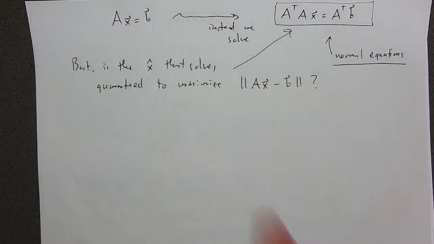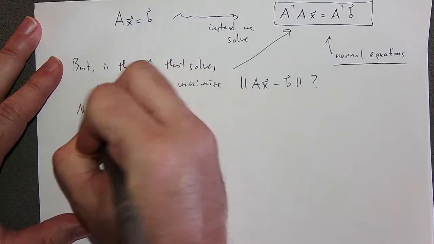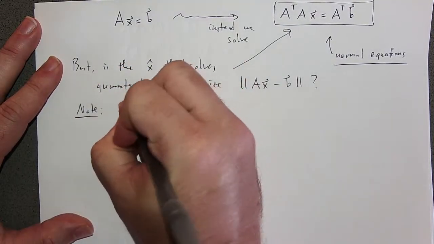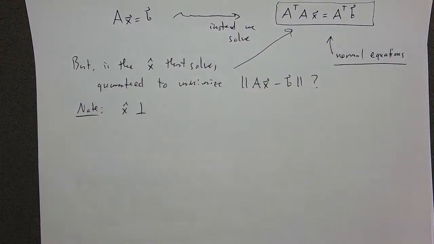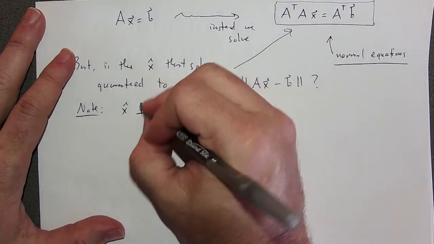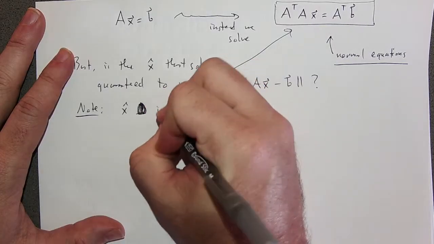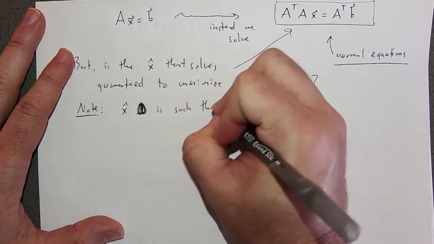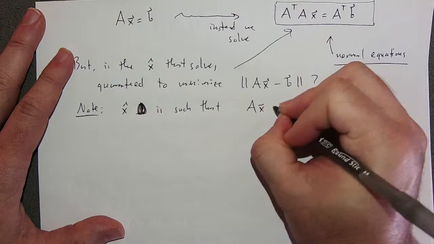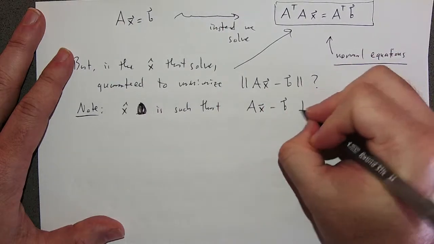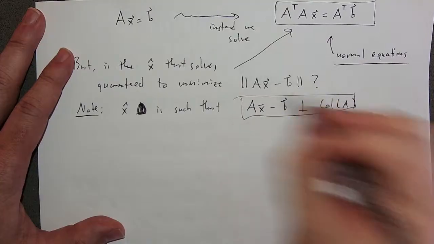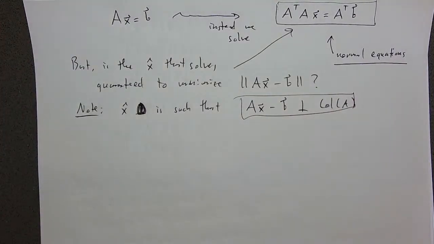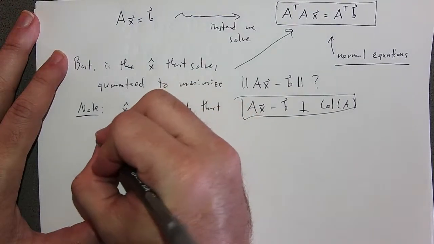All right. So note some facts. By construction, x hat is such that Ax hat minus b is perpendicular to the column space of A. So it's perpendicular to every vector in the column space. Okay. Thus, so for any x,